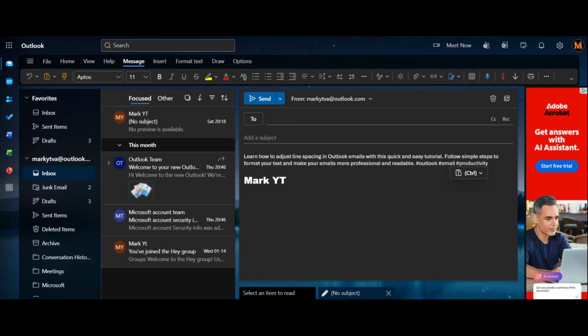In today's video, I'm going to show you how to adjust line spacing in Outlook emails. This is a quick and simple formatting trick that can make your emails easier to read and more professional looking. Whether you're writing business emails, newsletters, or just want better formatting control, adjusting line spacing can really improve the appearance